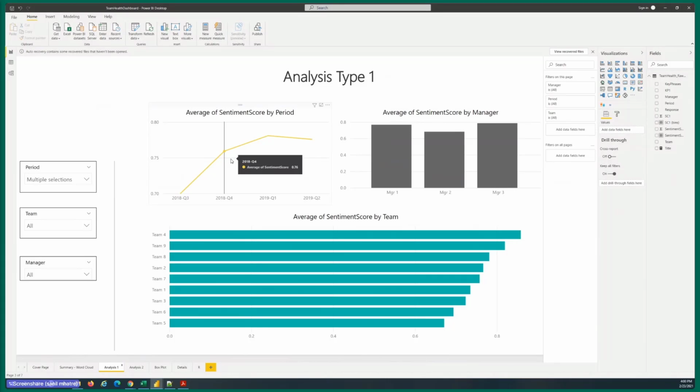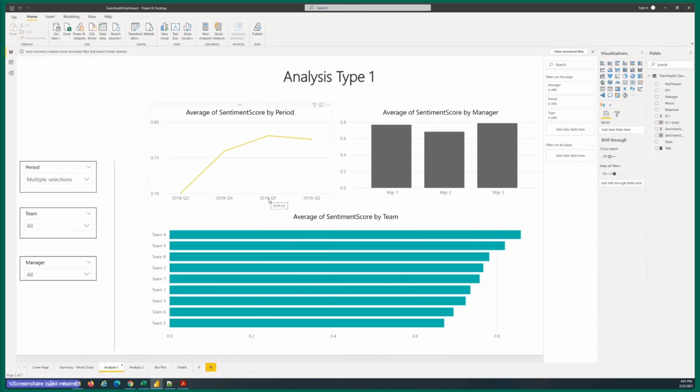What I would interpret from this chart is that between Q3 of 2018 to Q1 of 2019, the IT department of my company has done things so that the developers feel happy.